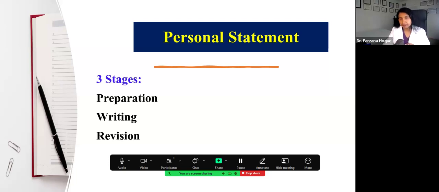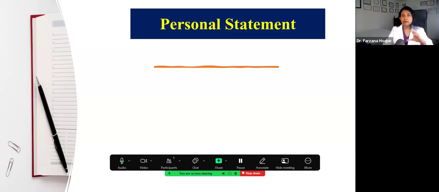Next, let's jump in. What will be the paragraphs of a personal statement? I'm sharing with you my personal opinion, which comes from when I prepared my personal statement as a residency candidate, then over the years as an interviewer where I need to review a lot of candidates' personal statements, as well as from my recent academic promotion to associate professor of medicine. So in my view, a personal statement should have 4 paragraphs.